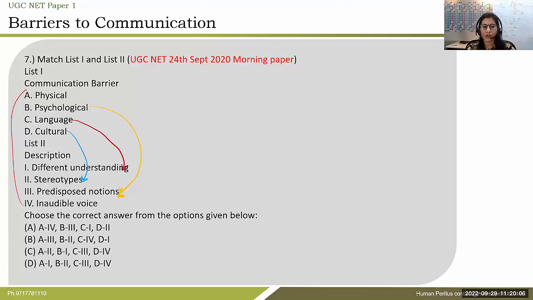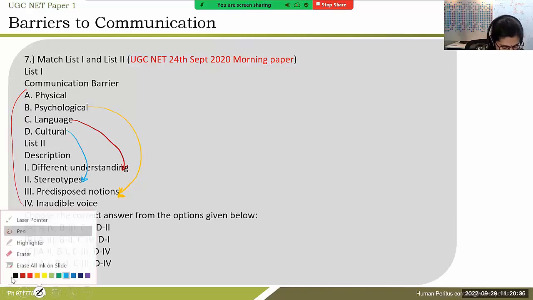All right, stereotypes are, for example, in a culture, we consider white as a, see, for example, very easy example you can take, that Britishers, they wear white in their weddings, but here in India we do not consider white as a good color for a wedding. We consider red, pink, or bright colors in the wedding. All right, so this is a kind of stereotype, so this becomes a kind of cultural barrier here. All right, so accordingly option number A is the correct option here.